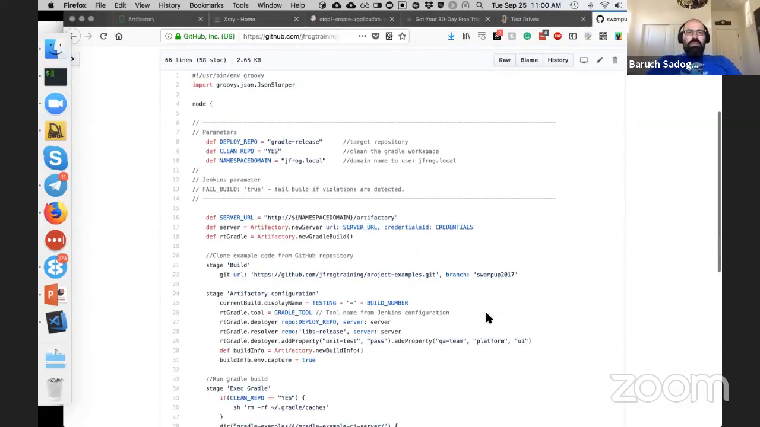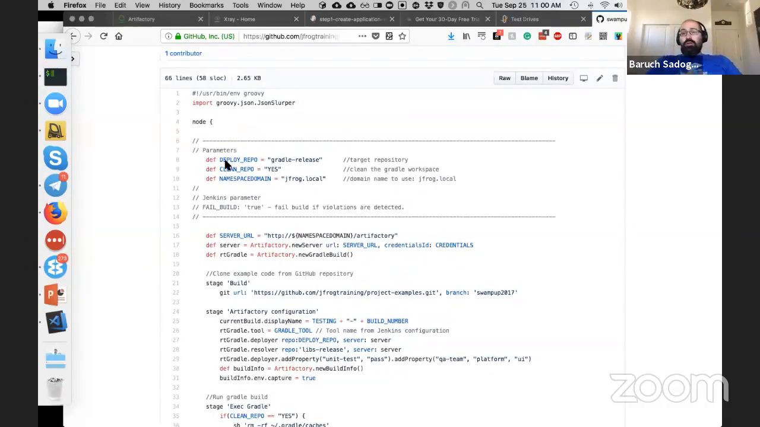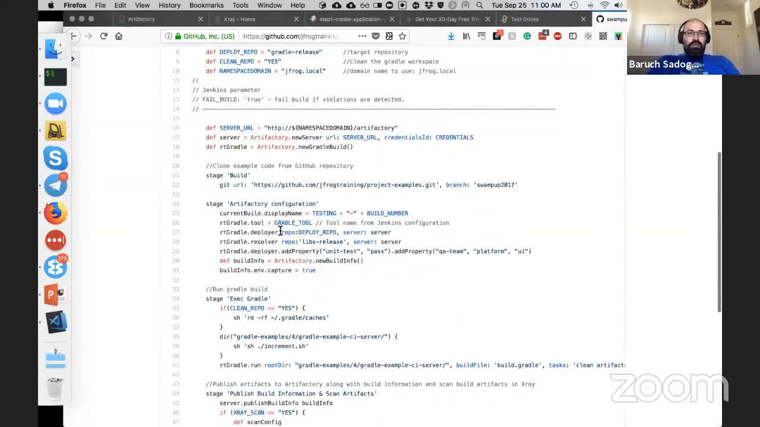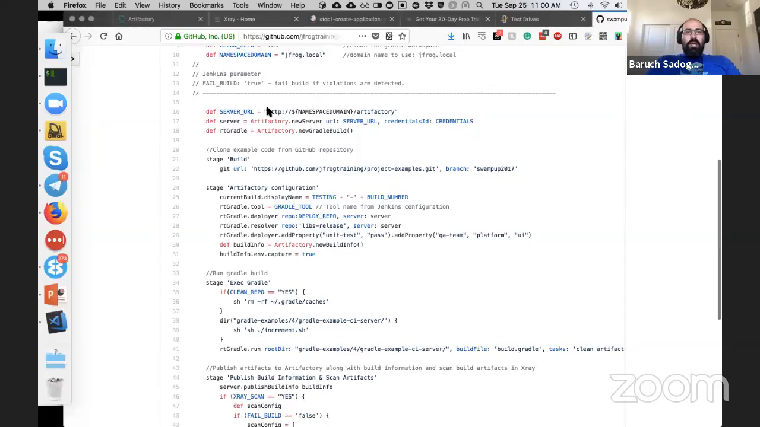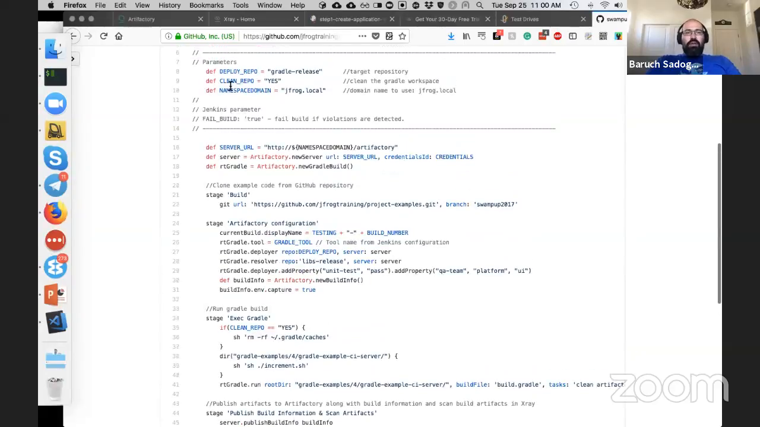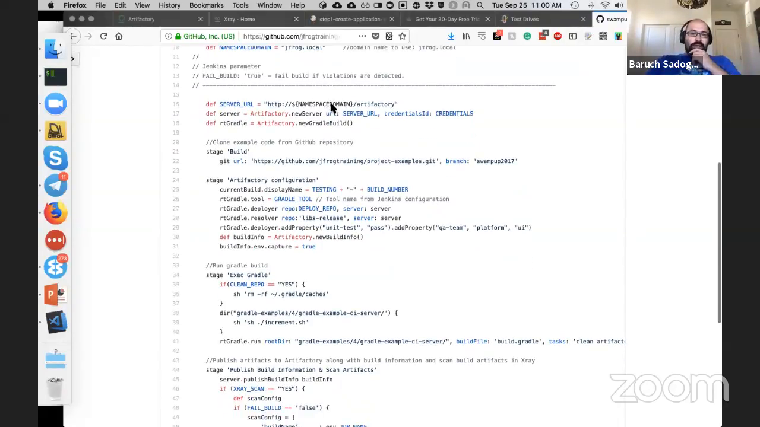So what you can see here is that we are using the JFrog Artifactory plugin. So we're going to use our DSL extensions to the JFrog Artifactory plugin, to the Groovy DSL, to configure the deployment to Artifactory and work with it. So I have a server URL here, and you can see that the domain is jfrog.local. This is why it's important for you to change to the right domain. And the URL is Artifactory, and then